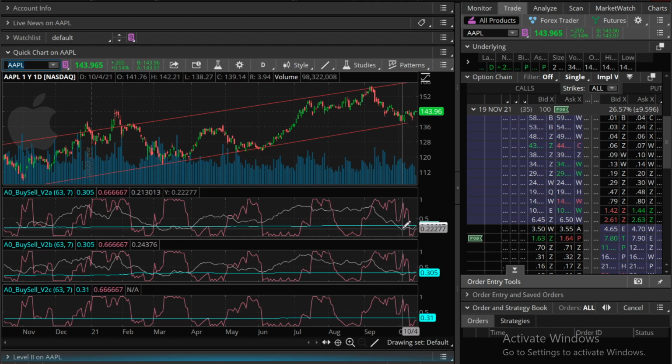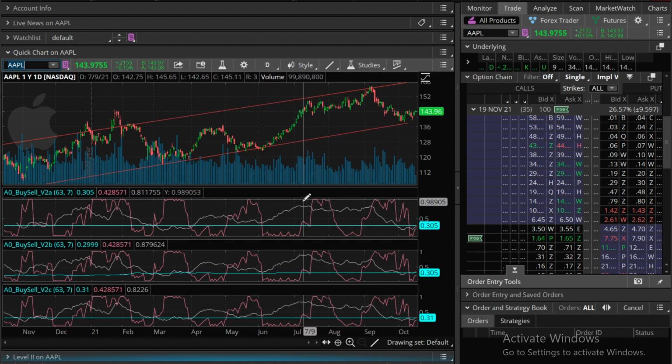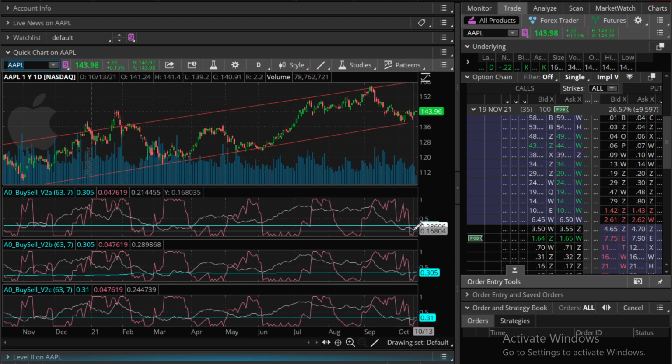So here you can see this grayish line is the buy or sell. So here was a sell. At this point the gray is almost 0.8. So between here and here would have been a sell. And any one of these peaks here, of course that would have been a sell. That would have been a nice point. So here's where it kind of started into the buy part right here. So you can see all these. Now this one's kind of a little bit out of the buy range, and this one's not so much either, but you know,